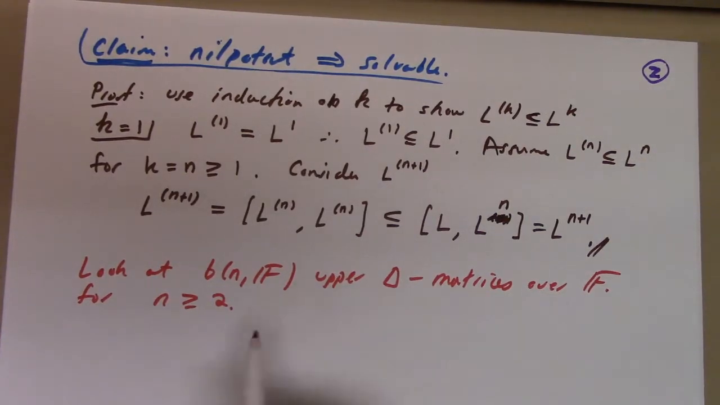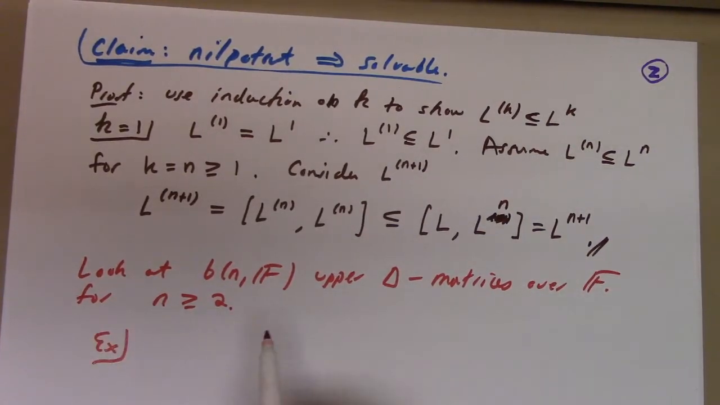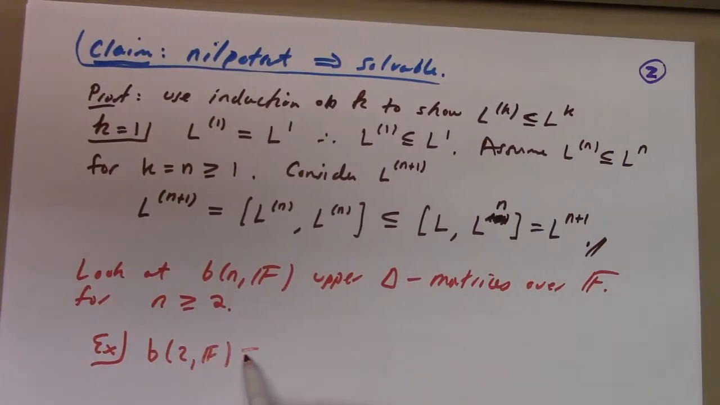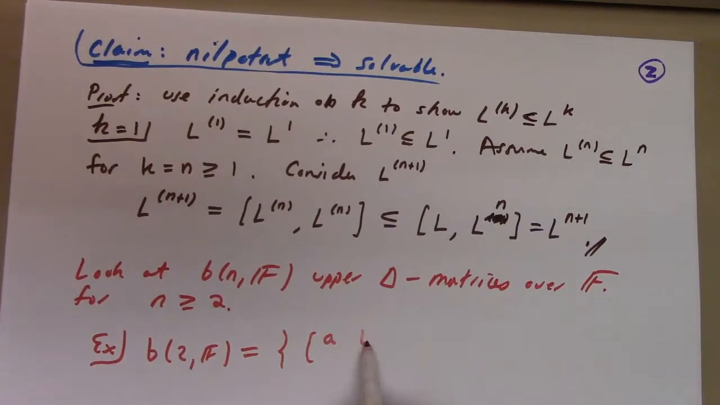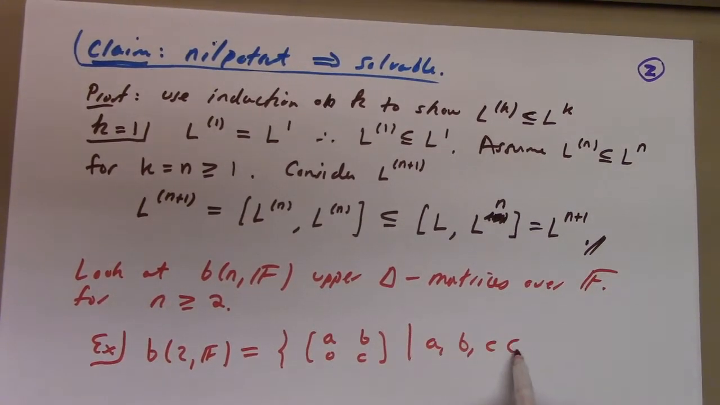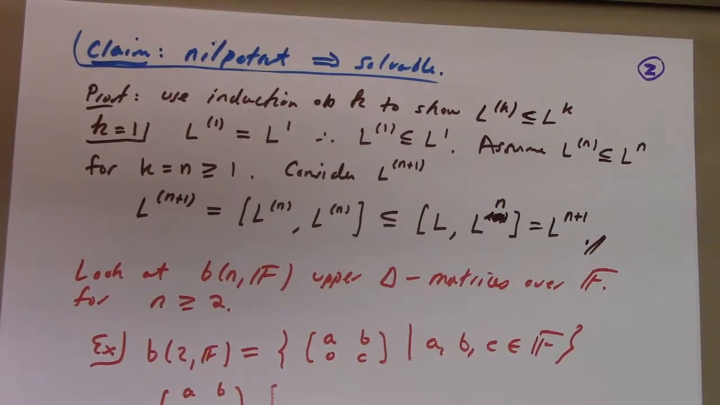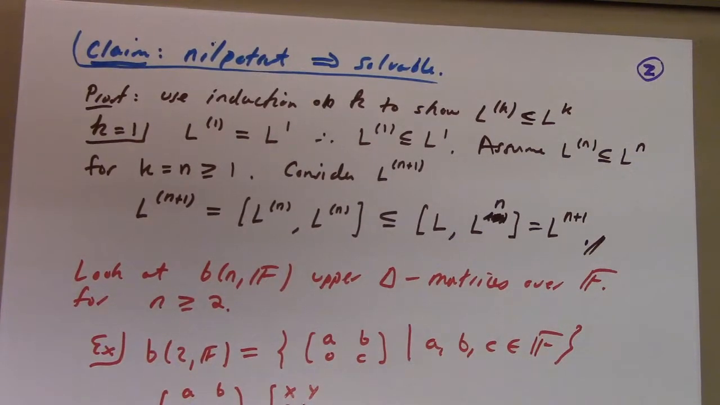So if 2 works, let's look at 2. So 2 would be something like A, B, 0, C. So if we take 2 of those, A, B, 0, C, and take the bracket with X, Y, 0, Z,